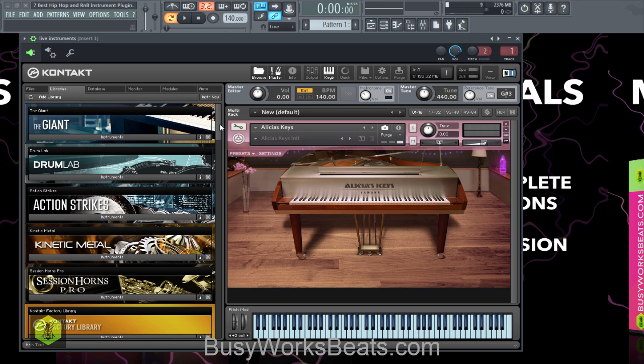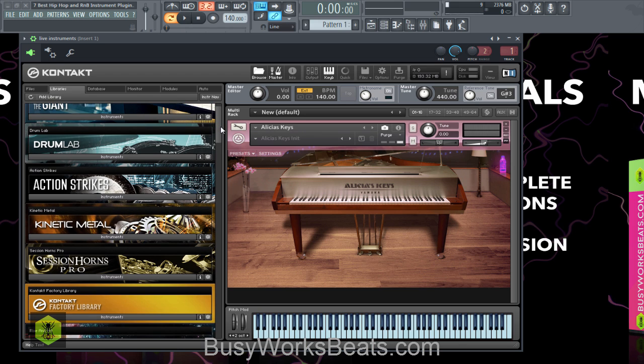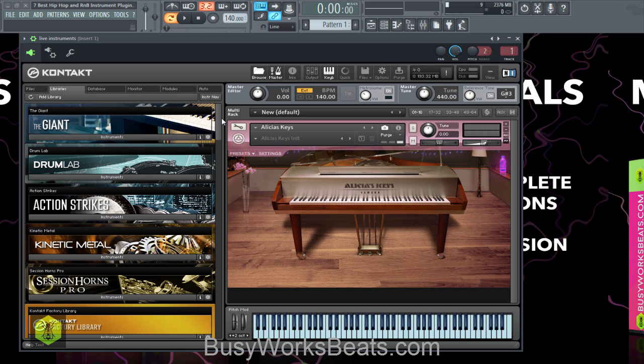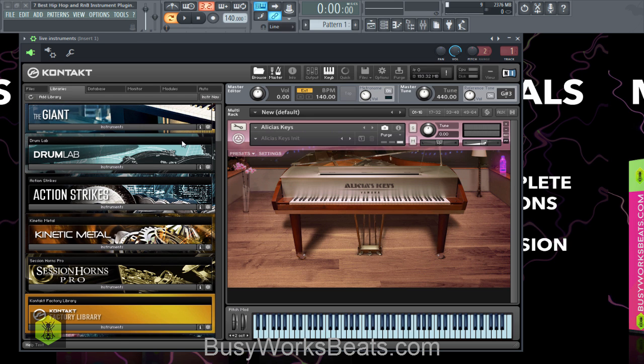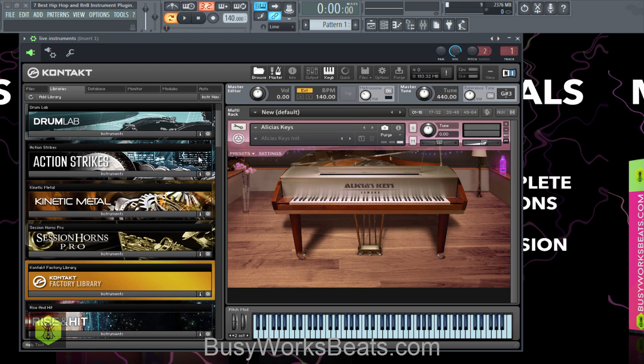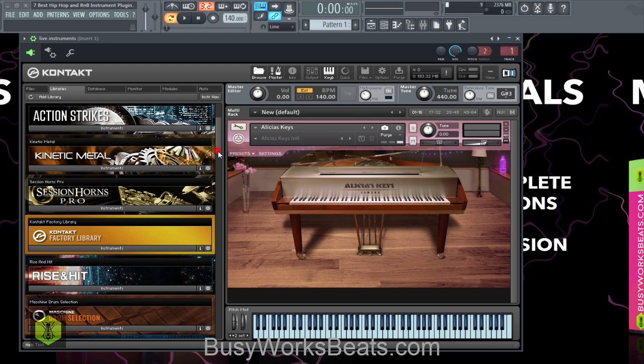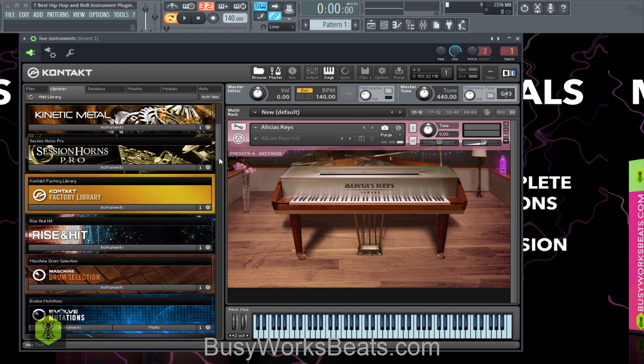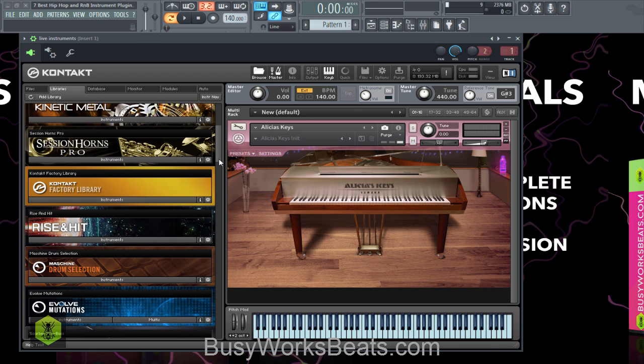So this is what we have here. We have real instruments sampled. So you don't have to go to a studio just to record a piano or a shaker, the small little things. It's all included in the Complete 10 with Kontakt. So again, you have different libraries from pianos to different drum synthesis to film drums, kinetic metal, which is like a metallic kind of sound design sampler.